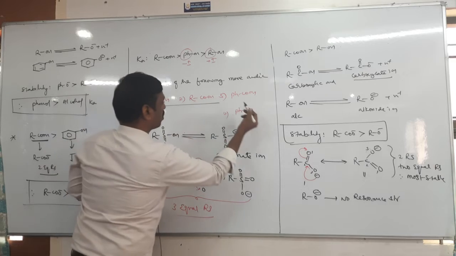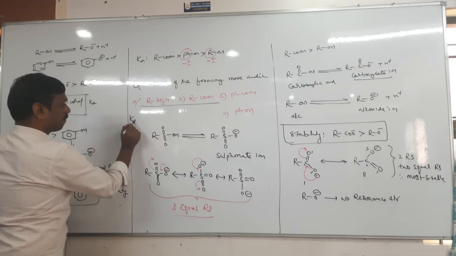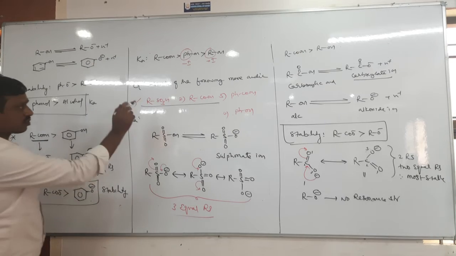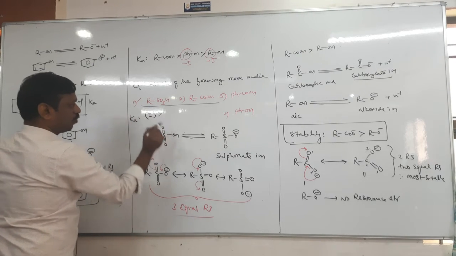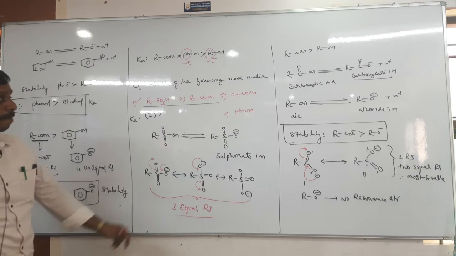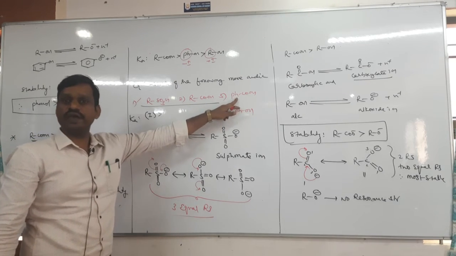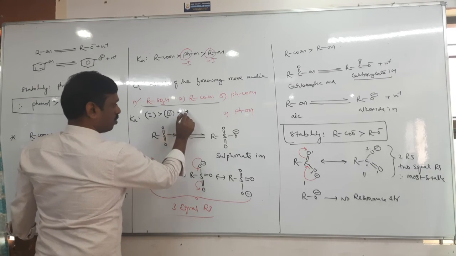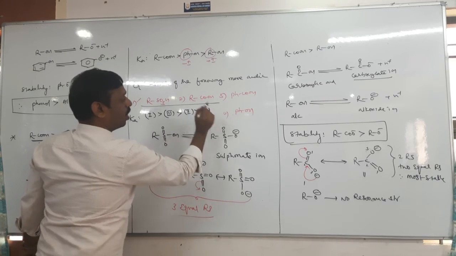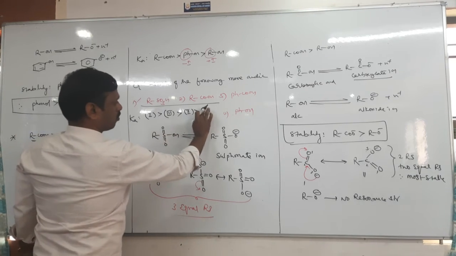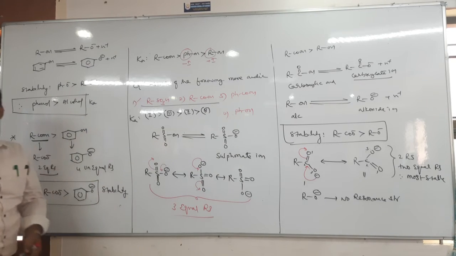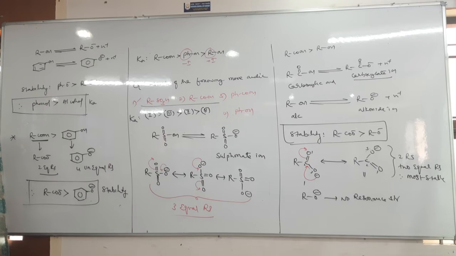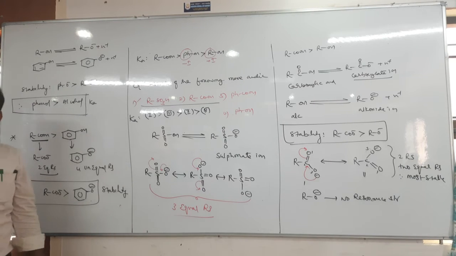Okay, if you want to write the order, come on, tell me. So what is the order of acidic strength of carboxylic acid? Ka. Sulfonic acids are more acidic. The next is, it is aliphatic, it is aromatic. So therefore 3 is more acidic. Next is 2 is more acidic. Next is 1. Then 4. Okay. So in this way, acidic strength of alcohol, acidic strength of carboxylic acid, both depend on the stability of their anions.